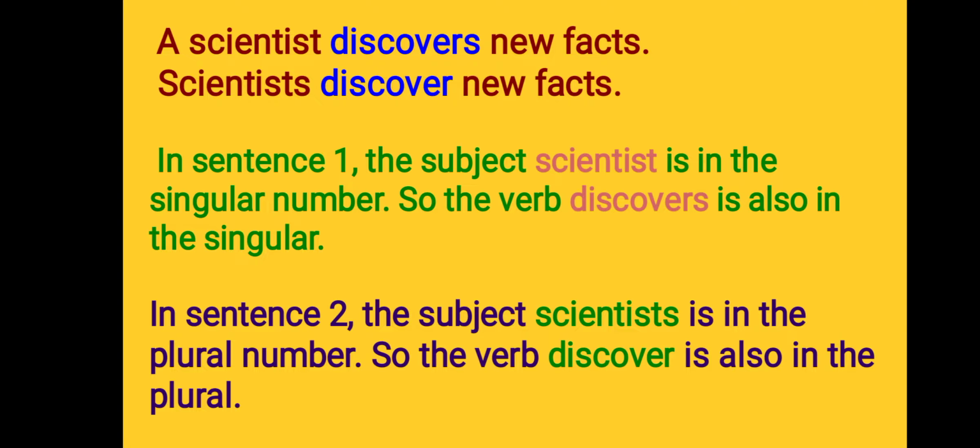Our next sentence is scientists discover new facts. Here in this sentence, the subject scientists is in plural number, and that's why we have used the verb discover, which is also plural. Okay,